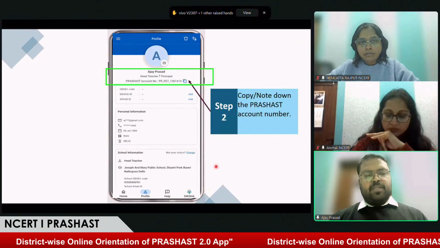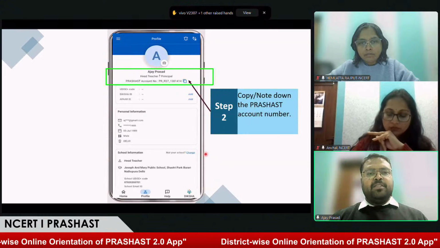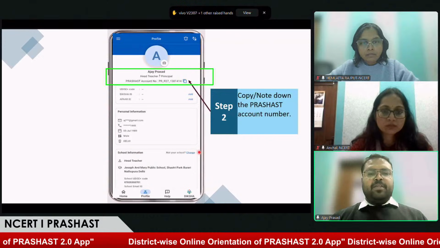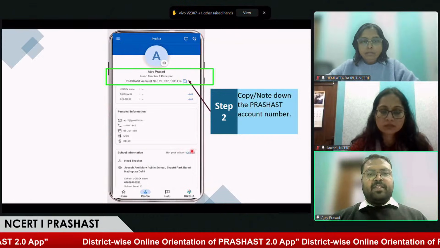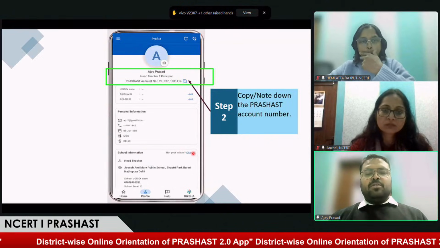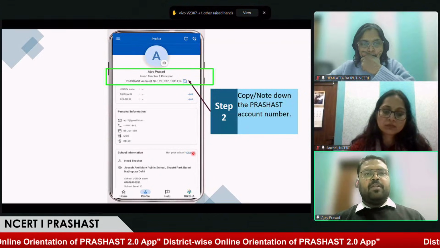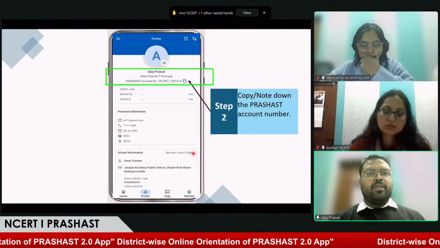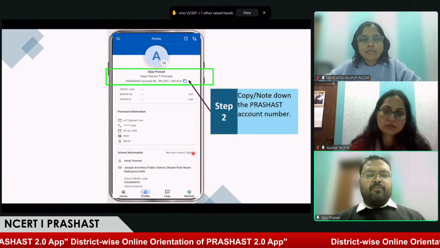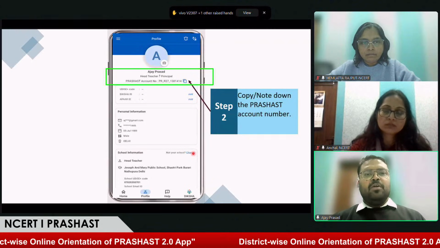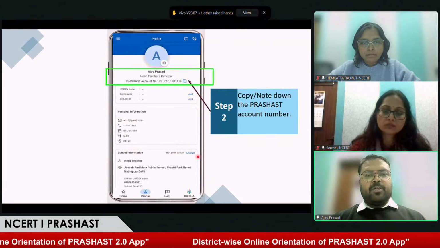have an option to change school. For example, for a head teacher, the teacher will have to go to the profile page, and in the profile page there's an option, not your school, like there's an option to change school. By clicking on this, the head teacher will be able to fill in the UDISE code of the new school they are going to, and after filling the code, the request will be sent to the head teacher of the school. So we can find the change option in the profile.